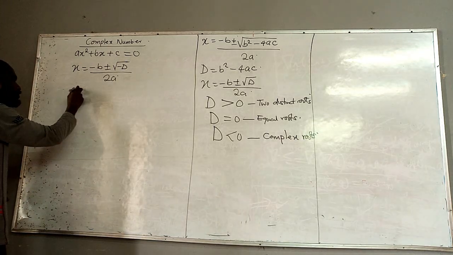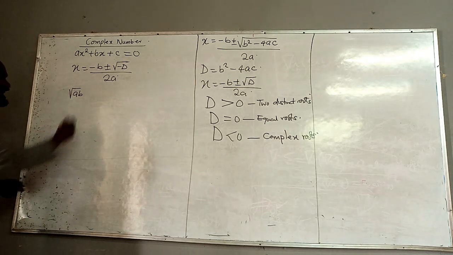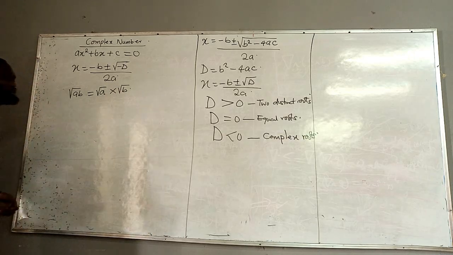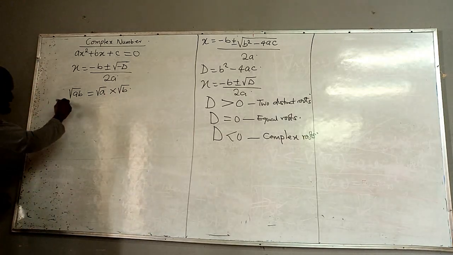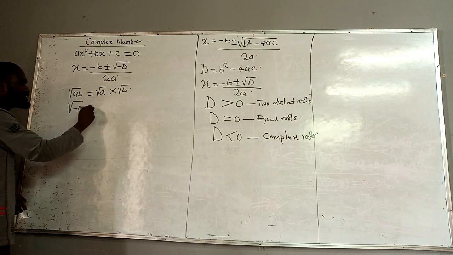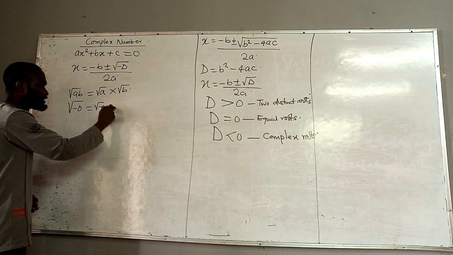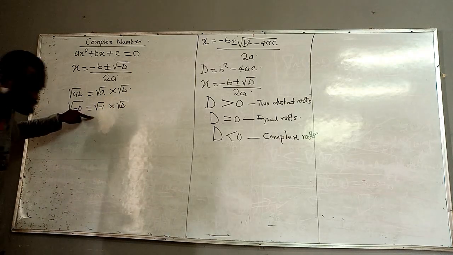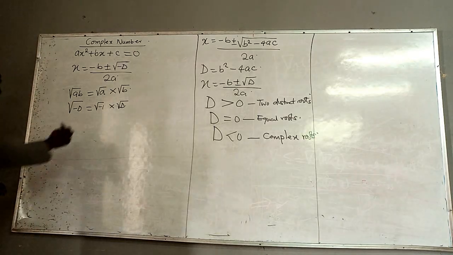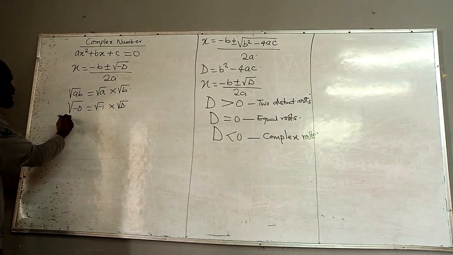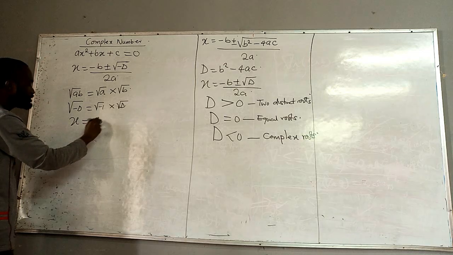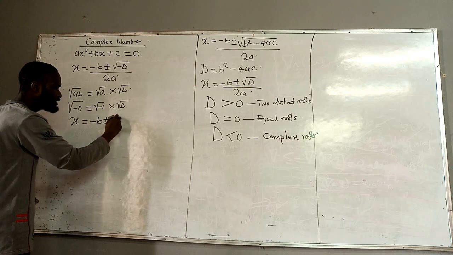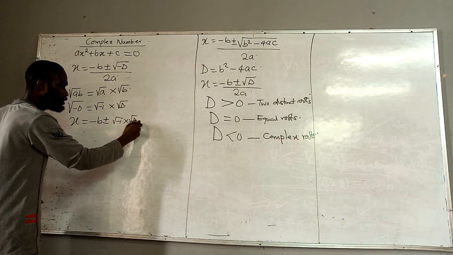Then you can simplify the square root of minus d. Remember, if I have square root of ab, I can write it as square root of a times square root of b. If I apply the same procedure, then I can say square root of minus d can be written as square root of minus 1 times square root of d. Then this square root of minus 1 is what brings about the complex plane. If I substitute that, I'm going to have x equals minus b plus or minus square root of minus 1 times square root of d over